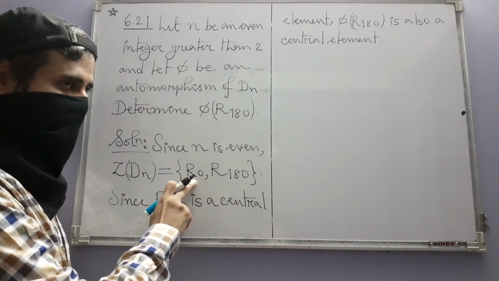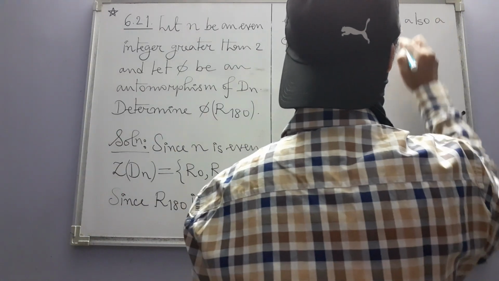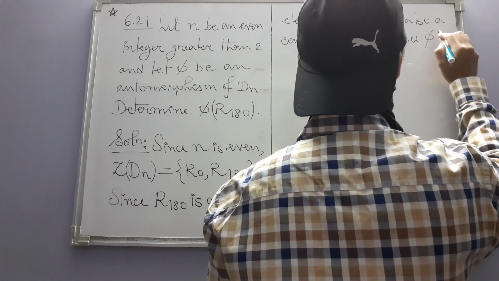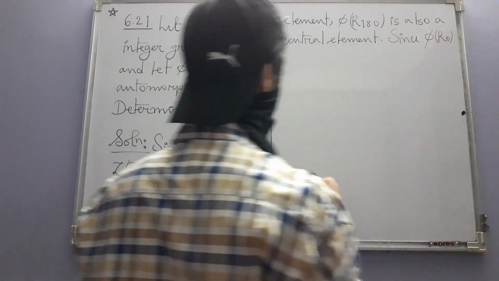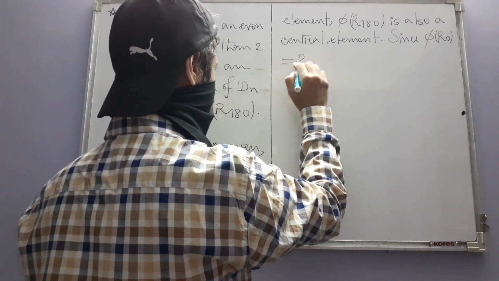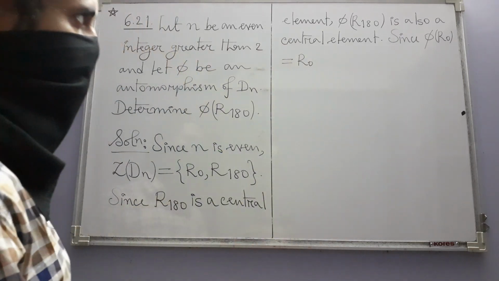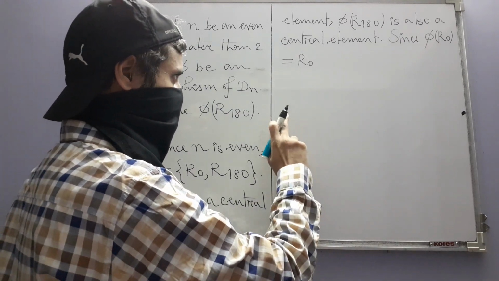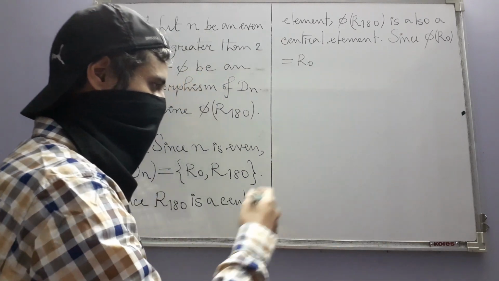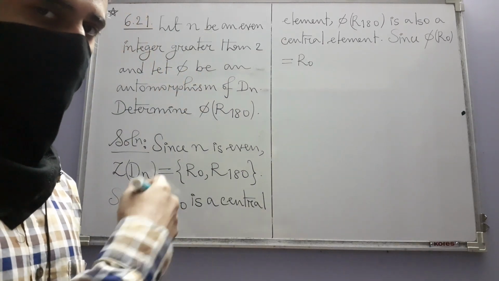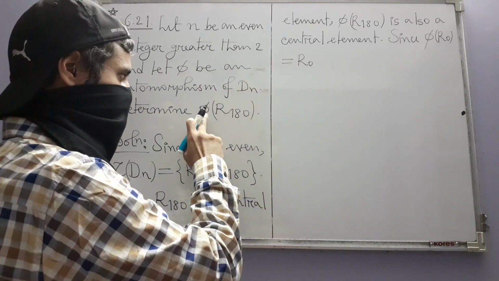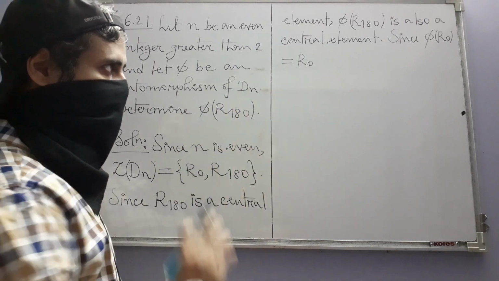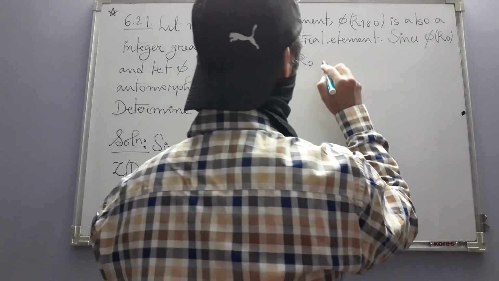However, it cannot be this. But why? Since phi of R0 is equal to R0. This is also a property of any isomorphism, namely that any group isomorphism maps the identity element onto the identity element of the other group where the function is leading us. In this case, since the function is an automorphism, that other group is Dn itself. So that's why phi of R0 is R0. And